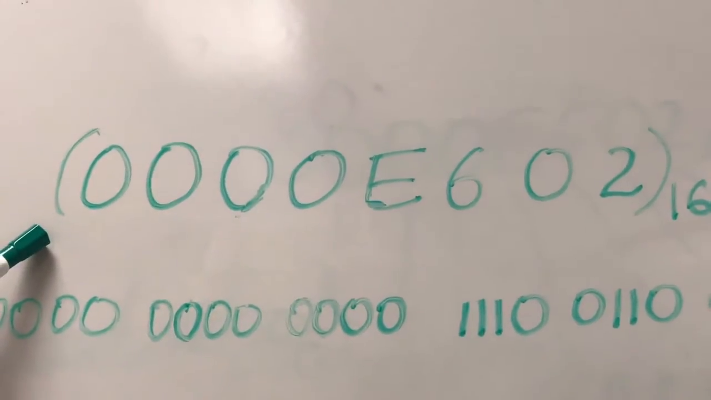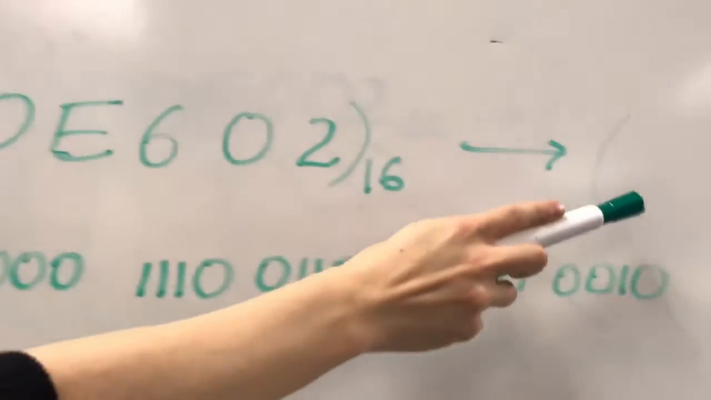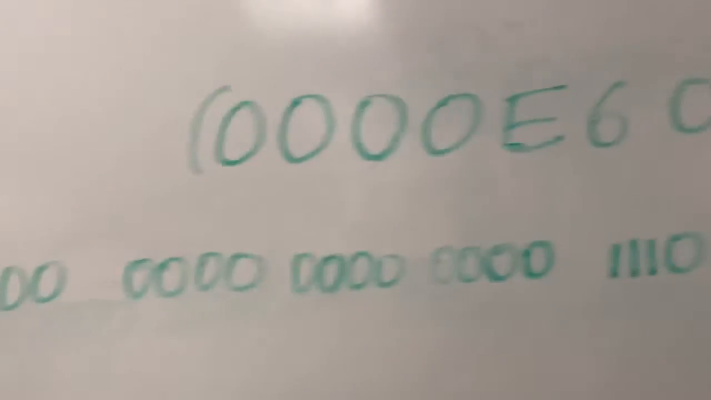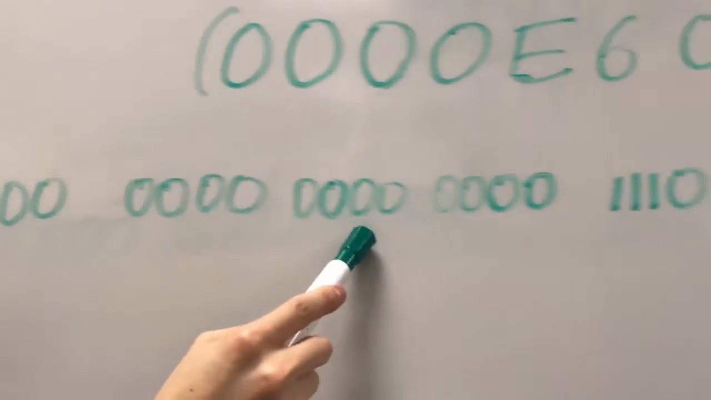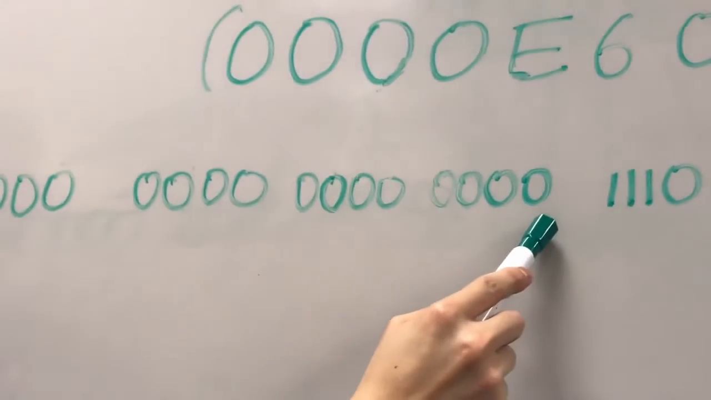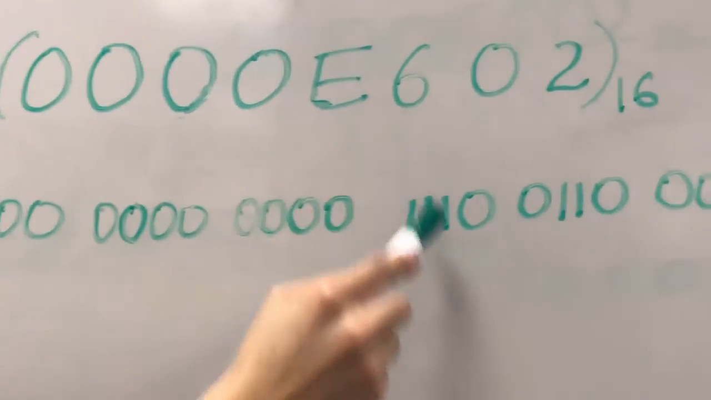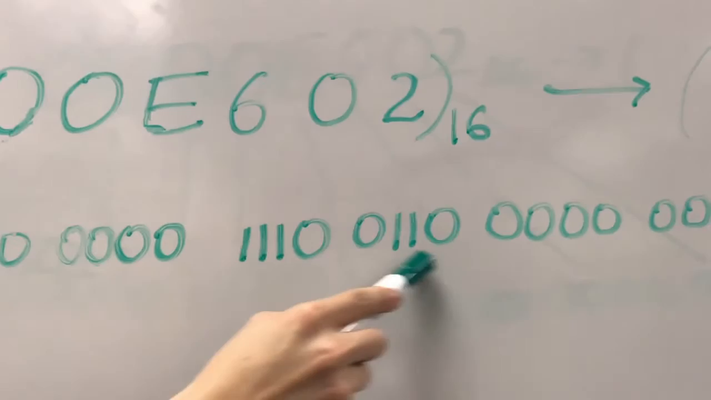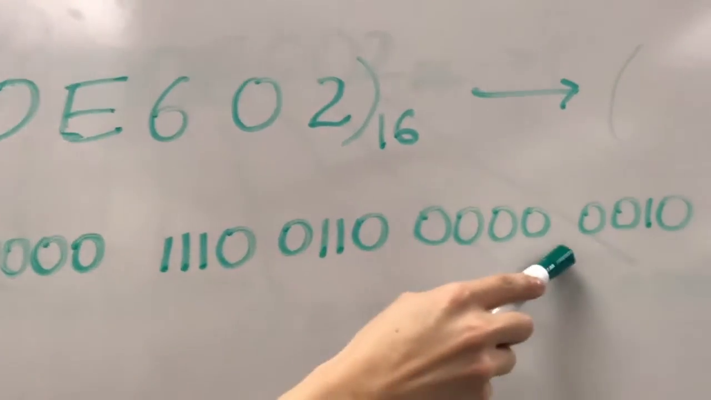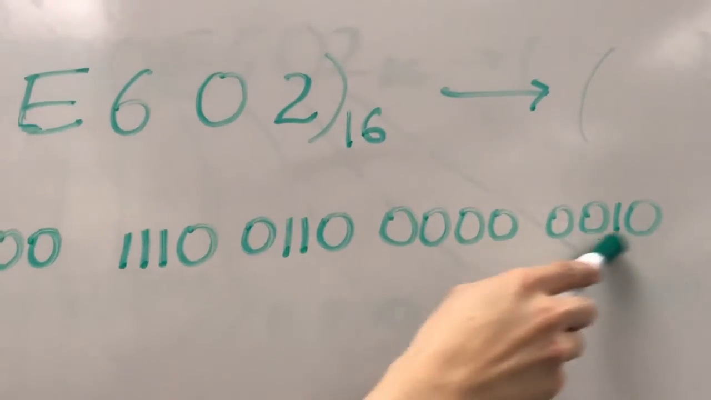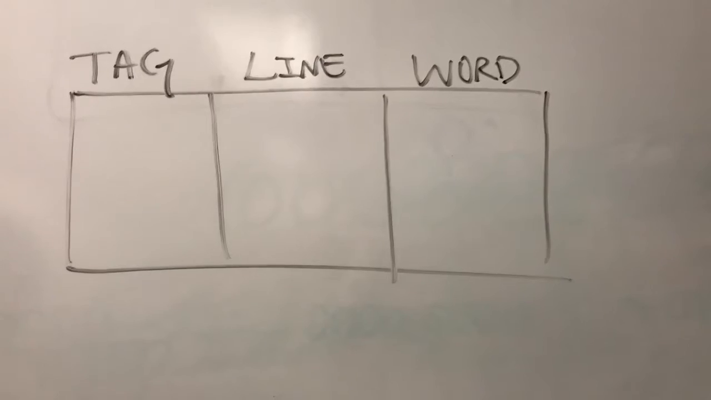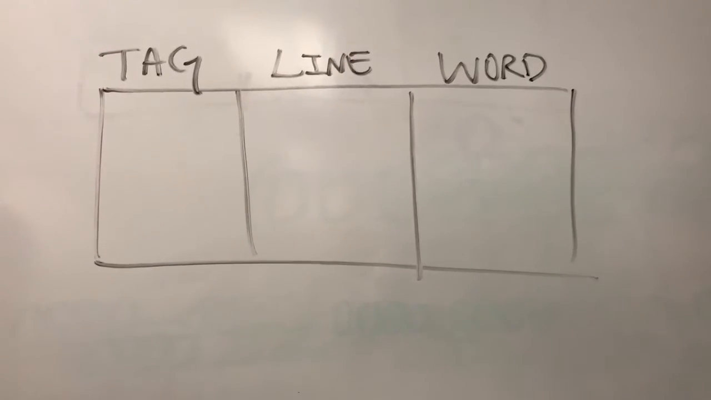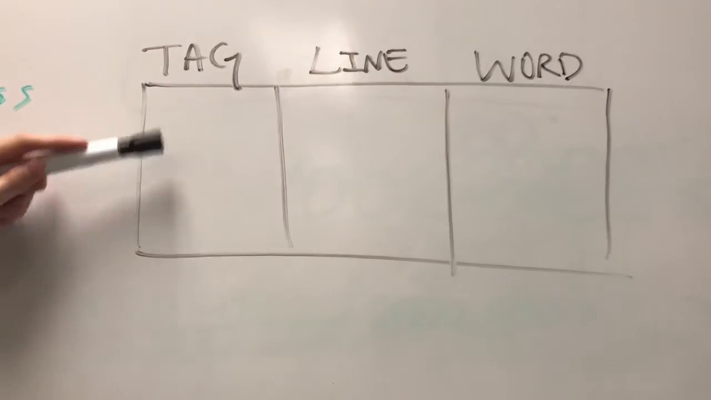So we're going to take the address in base 16 and write it in base 2. Each base 16 digit corresponds to 4 bits, and all of these zeros are 4 bits each. E is 14, so that's 1110. 6 is 0110. We have another 0. And 2 is 0010. Now we're going to divide this 32-bit address up into a tag, a line number, and